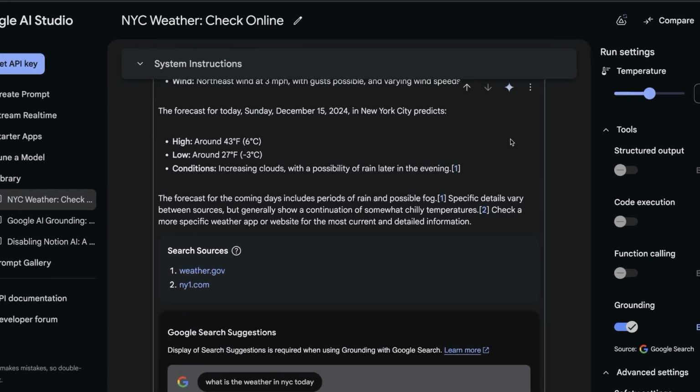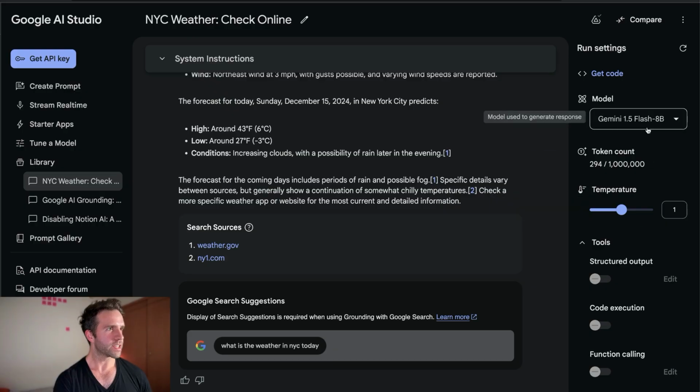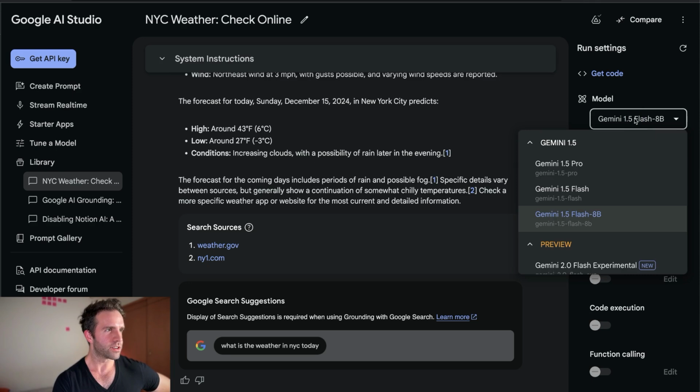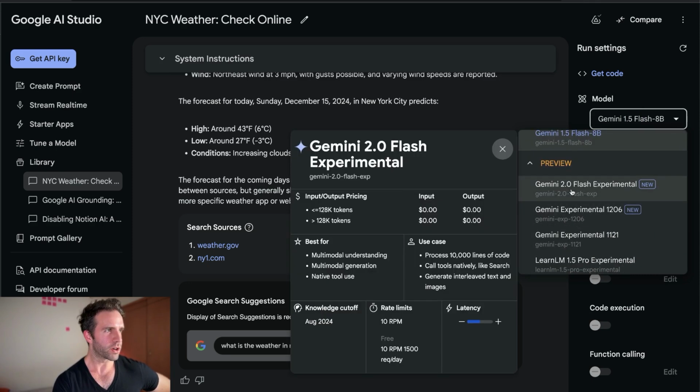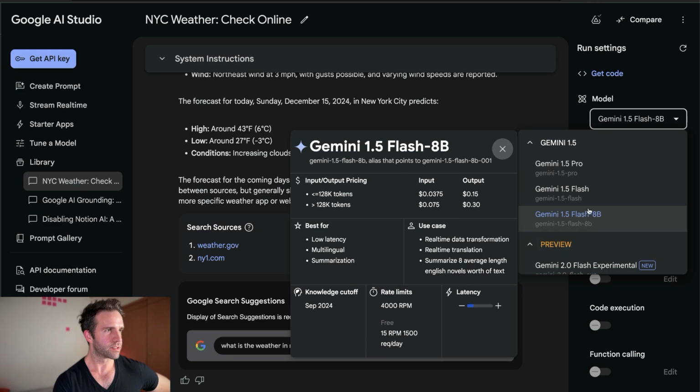So as you can see, it was able to respond pretty quickly and accurately as well. But what makes this integration interesting is that it's a separate tool outside of the model itself. If you notice in here, I didn't select their new model. They have this new Gemini 2 preview model down here, which I wasn't using. I was just using one of their older models, but I was able to integrate Google Search with it, which